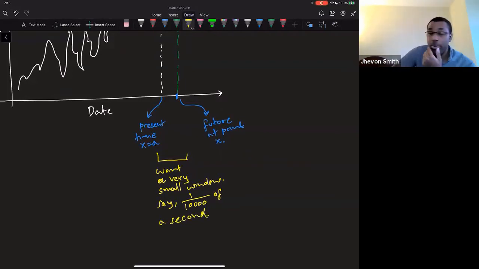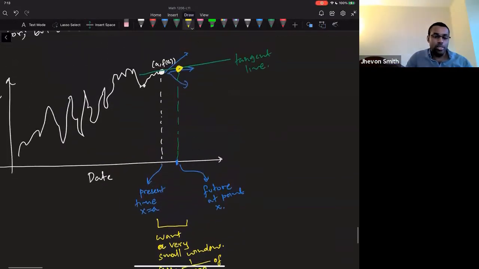I don't know what's going to happen an hour from now. But in the next 1/10,000th of a second, it's not really going to make that much difference. There is going to be a difference, but it's going to be very small. However, what I can do is use the tangent line to guess what that point is going to be. So I could have my computer construct a tangent line and predict where the output is going to be